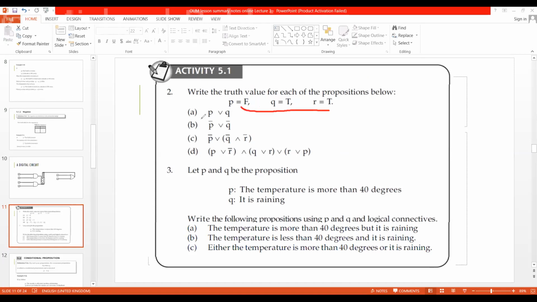And we've been told that A is P or Q. What will be the result for P or Q? Will it be true or false? It will be true, because we are dealing with disjunction, and once one is true, that is Q is true, the resulting statement will be true. Then when we come here, not P